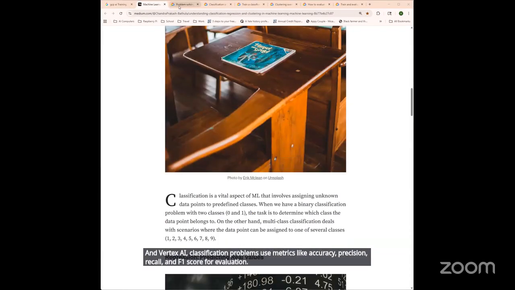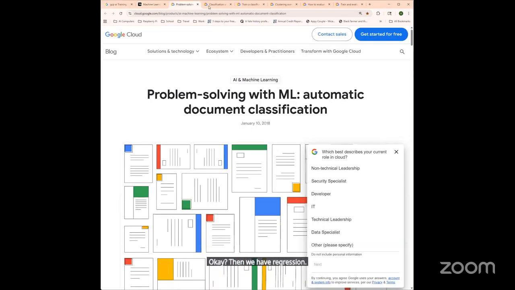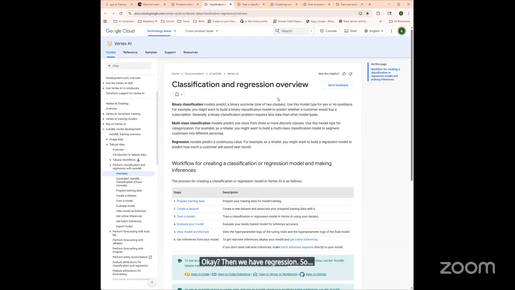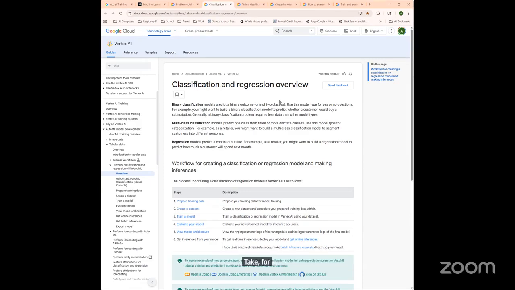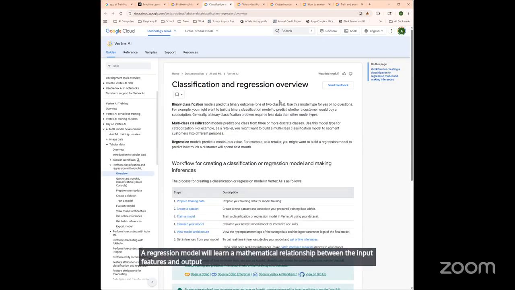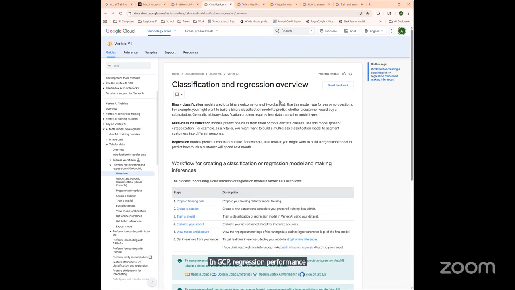Then we have regression. Regression predicts continuous numerical values. The output isn't a category, but a number along a continuous scale. Take, for example, $342,000 for the price of a house, 87.3% for a test score, 2,847 for expected sales for the day. A regression model will learn a mathematical relationship between the input features and output values. In GCP, regression performance is measured using metrics like mean squared error, MSE, root mean squared error, RMSE, or mean